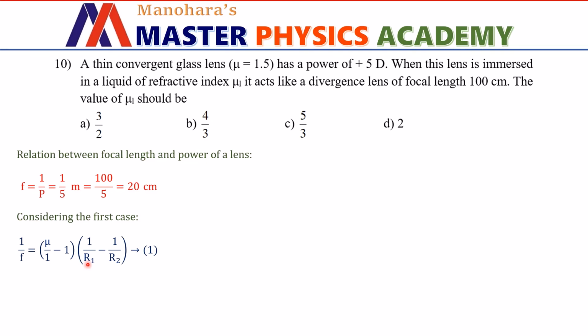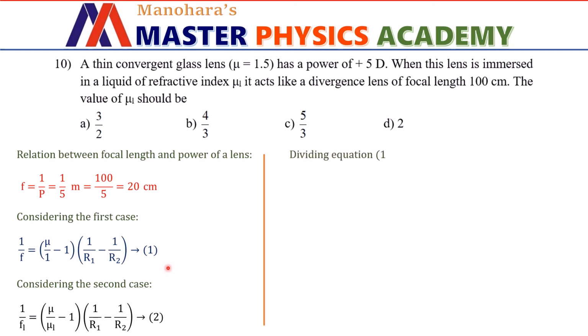Now for the second case, the focal length changes to FL. So this formula 1 is rewritten as 1 by FL equals mu divided by μL minus 1, 1 divided by R1 minus 1 by R2. Because focal length has changed to new value FL and the surrounding medium is now μL, that is of the liquid. Now dividing equation 1 by equation 2, we can write the